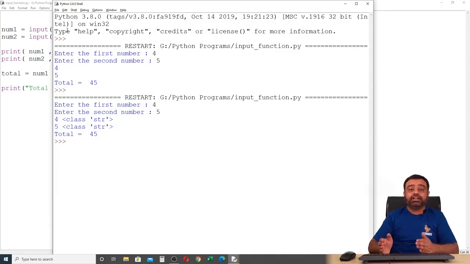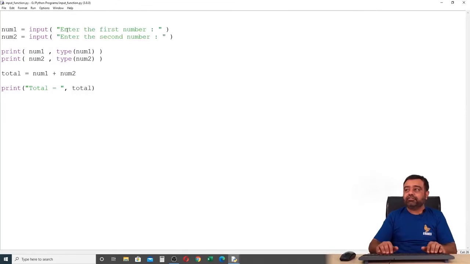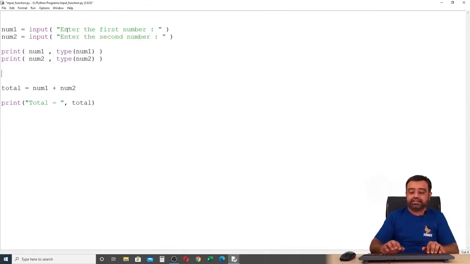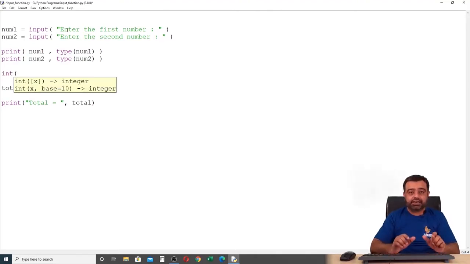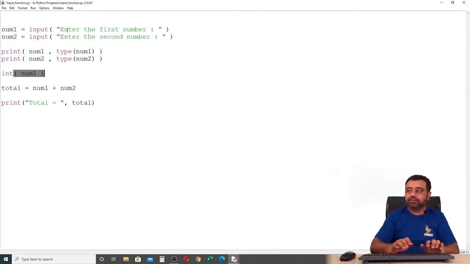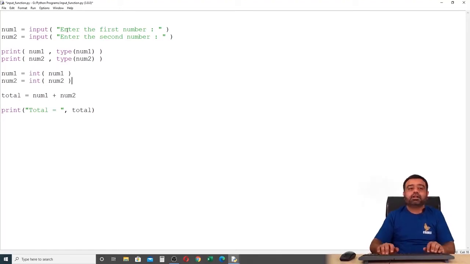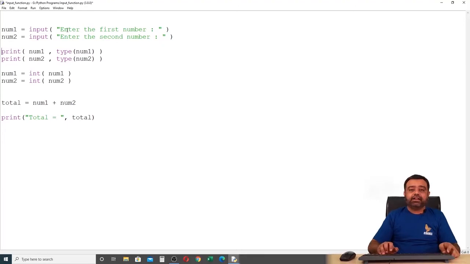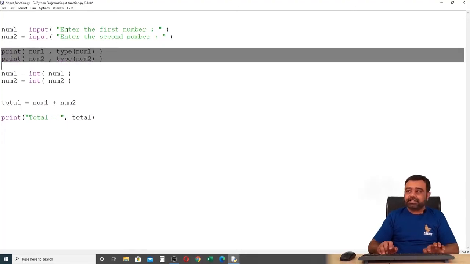Now if you want to treat them as integer, you have to apply the conversion function to convert from string to an integer. And the conversion function to convert from string to an integer is int. We need to pass the string like num1, and this will return me a numerical value. I can collect it back into the same variable. After converting num1 and num2, I would like to print the data type of this,